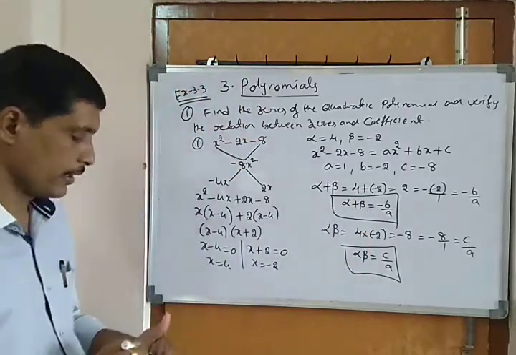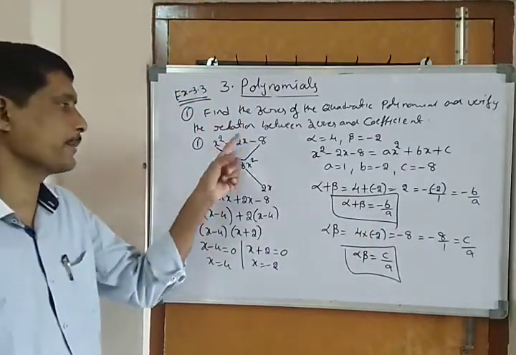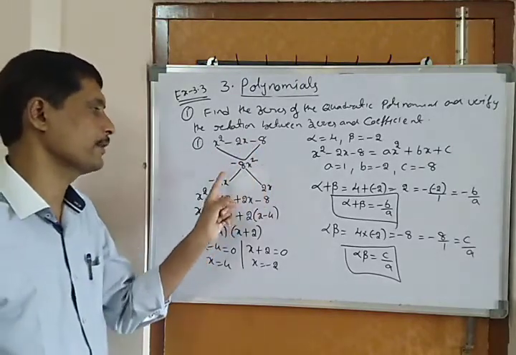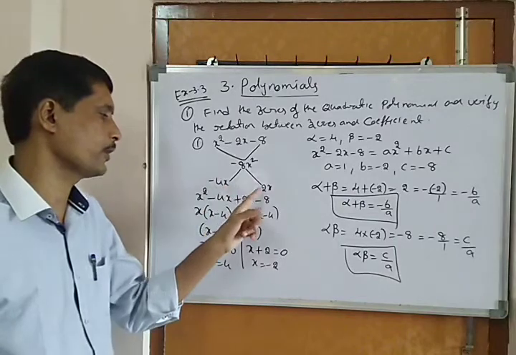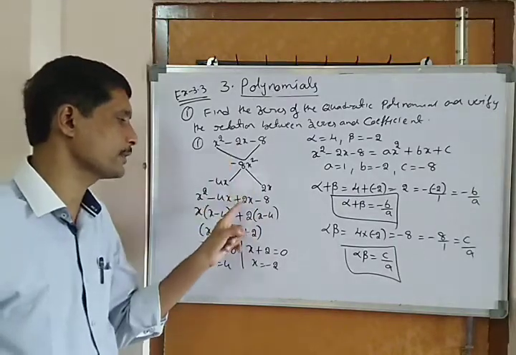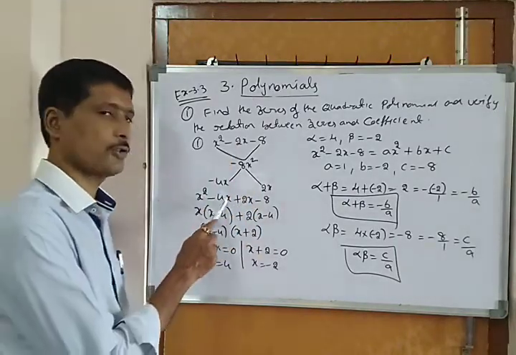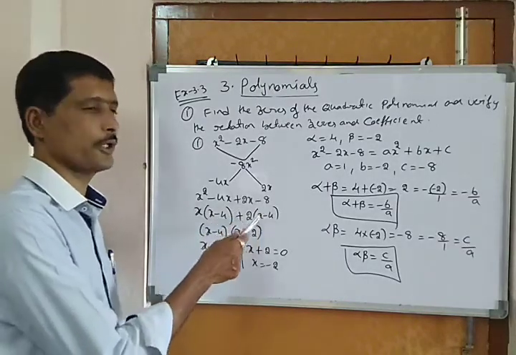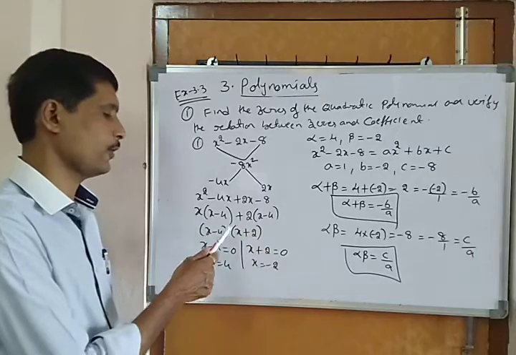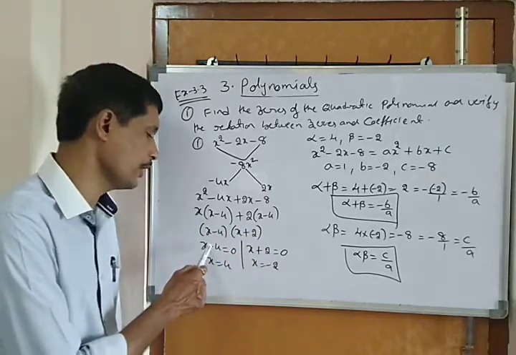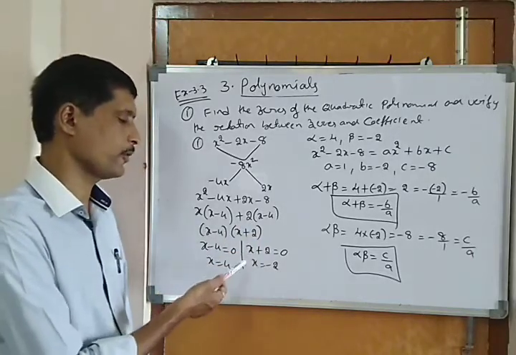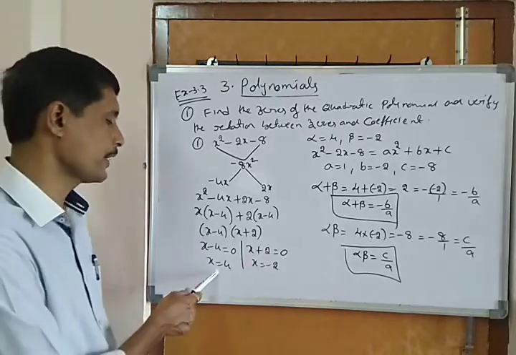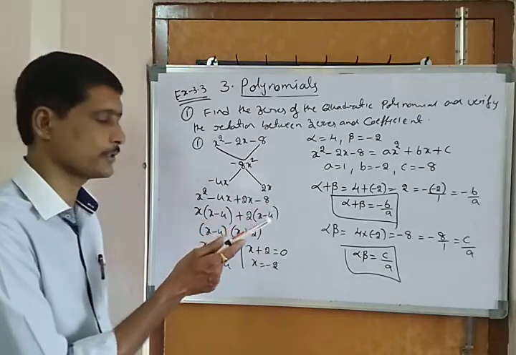One more time, see. Here x square minus 2x minus 8. Multiplying gives minus 8x square, splitting it as minus 4x and 2x: x square minus 4x plus 2x minus 8. In the first two terms x is common, x into x minus 4; 2 is common, 2 into x minus 4. So x minus 4 and x plus 2, each equal to 0: x minus 4 equal to 0, x equal to 4; x plus 2 equal to 0, x equal to minus 2. Therefore first is alpha equal to 4 and beta equal to minus 2, otherwise you can take alpha equal to minus 2 and beta equal to 4, whatever may be your choice.